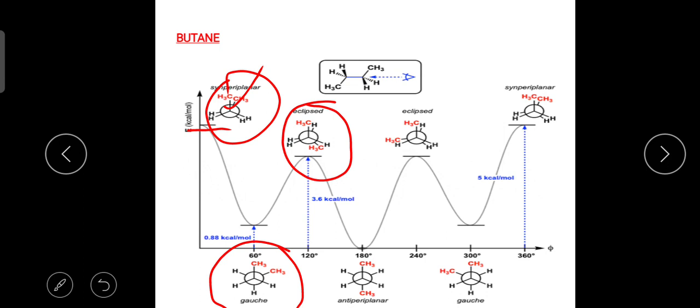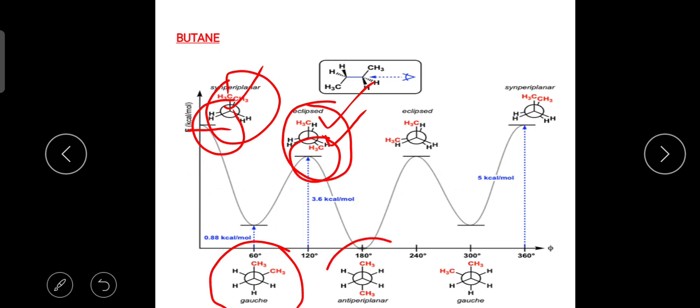But in case of these eclipse structures, one hydrogen atom is eclipsed with one methyl group. Therefore, the repulsion of these eclipse structures is quite lower than the fully eclipsed structures. Therefore, it is known as partial eclipse structures, and between these two molecules you can find there is a slight difference in energies. Again, if we rotate the butane molecule about 60 degrees from this partial eclipse structure, then